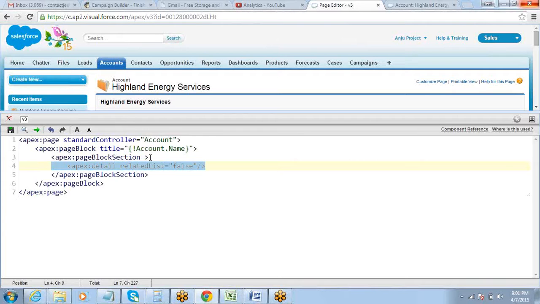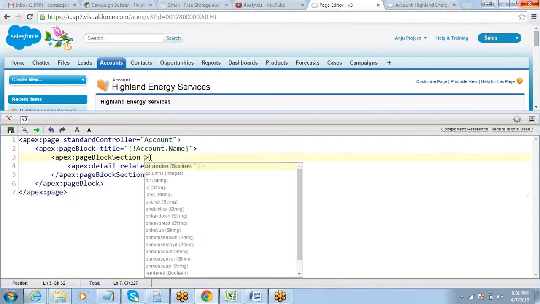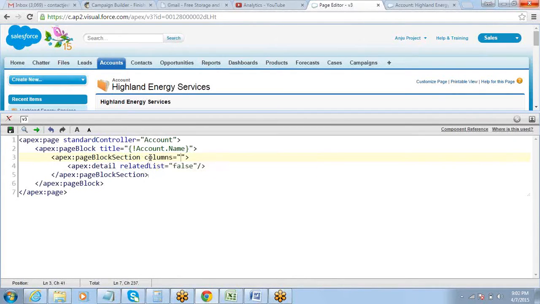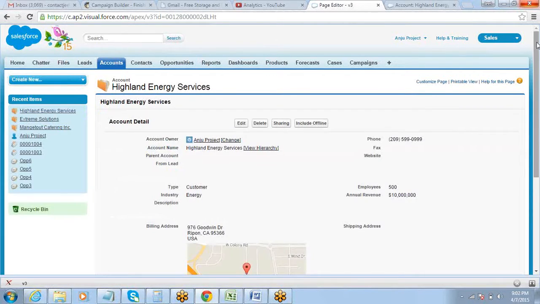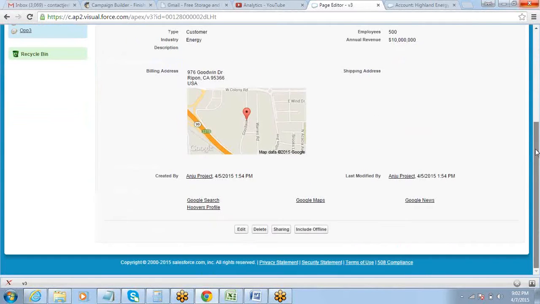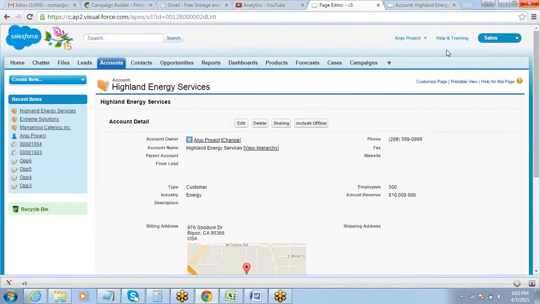So what is the solution to that? Solution is go and make the number of columns for this as 1. Then what will happen? It will have just 1 column and the data will get spread across the page. Got it?